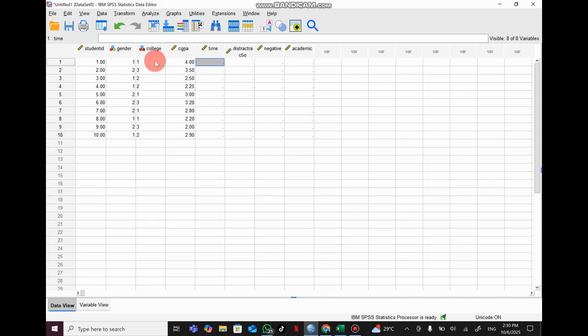Then for time, distraction, negative, and academic, based on the Likert scale, maybe this one is 5, this is 4, 2, 5, 4, 5, 3, 2, 2, 5. This also distraction, maybe 5, 4, 3, 4, 3, 5, 4, 4, 3, 3. For the negative impact, also based on your Likert scale.